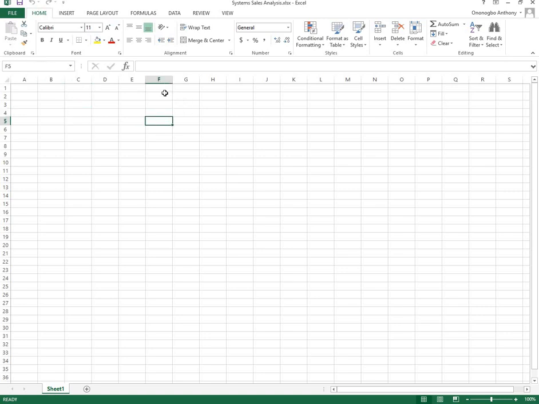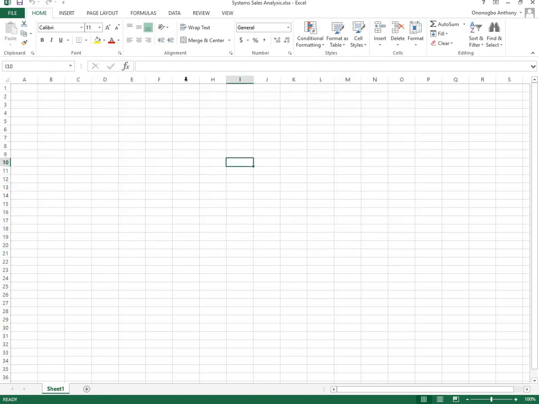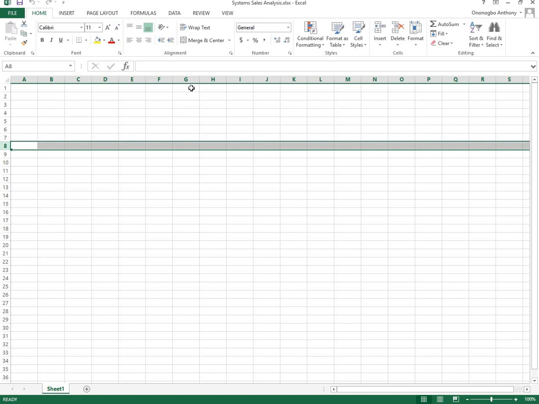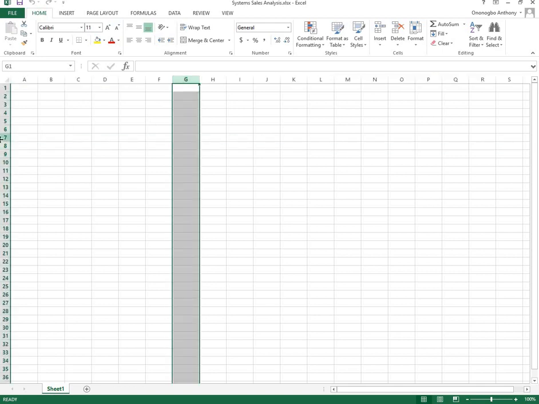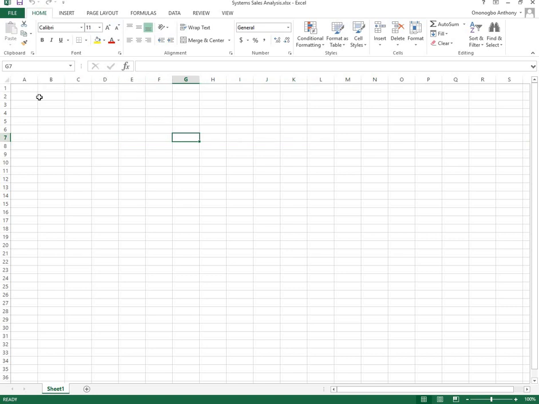Now how do we know it is an active cell? How do we know that all these things are cells? A cell is an intersection between a row and a column. A cell is an intersection between a column and a row. So I'm going to hold down and click any column now. So what is the column here? The column is this